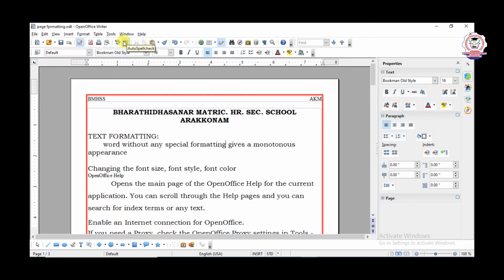Next one, automatic correction. What is the meaning of automatic correction? For example, here I want to type the word TEH. It should be changed to THE. Are you seeing, children, now? This is the word THE, but I typed the spelling as TEH. When I press the space bar, you can see in this location the wrongly typed TEH is automatically changed to THE.